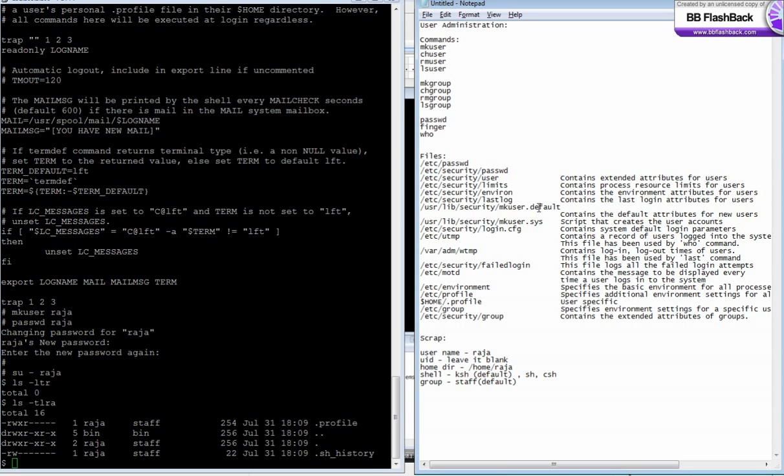Now let's take these two files. There are two files called mkuser.default and mkuser.sys. These files are used for the creation of a user. This file, mkuser.default,